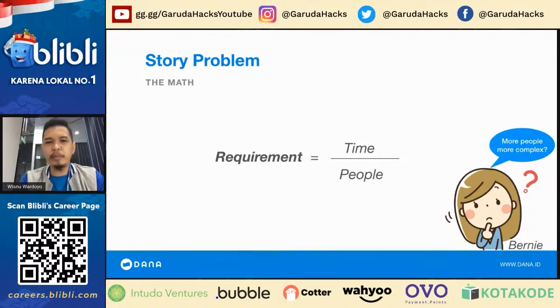So more people cut the time, but Bernie here said that more people may be more complex, right? Yeah, we meet with a condition like this, that more people cause it to be more complicated, because some people have their own way to achieve something, right? And some people have a different learning curve. Like, okay, I'm a new joiner, I can learn as fast as you, but another guy maybe not as fast as you. It's different. So if you have more requirements, it's not as simple as, okay, I just need to hire more people. Okay, no. You cannot do that.